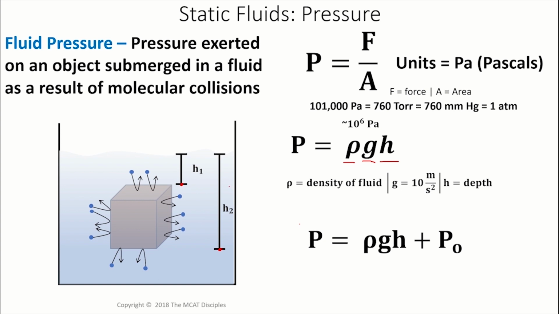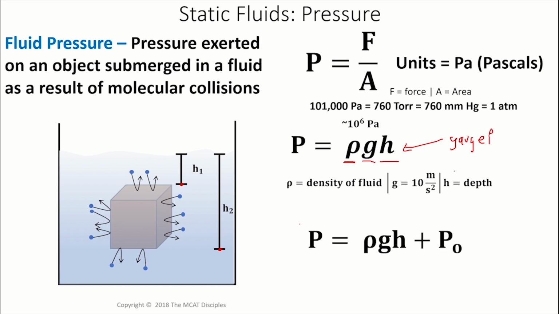So again, you realize that this equation is the way it is because the depth that you're at will indicate how much fluid you have on top of you, which of course can generate a heavier pressure than having less fluid on top of you. And the density is in here because you want to know how heavy those fluid molecules are that are generating that pressure on you. Obviously, a heavier molecule can generate more force when hitting you. This is known as the gauge pressure. This is just a difference in pressure really, or the extra pressure due to the fluid that you're in.